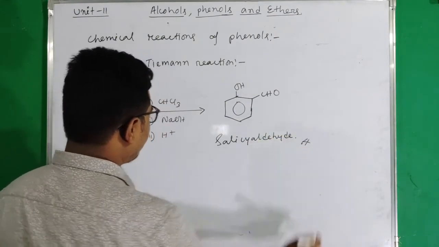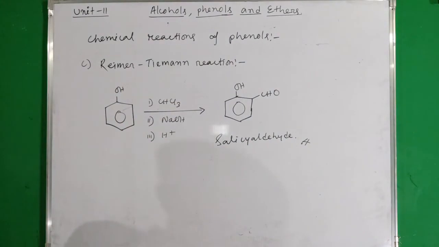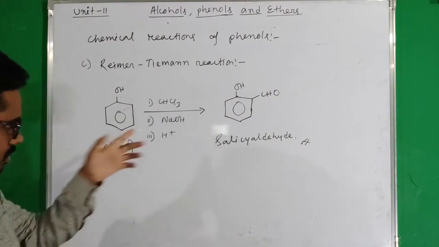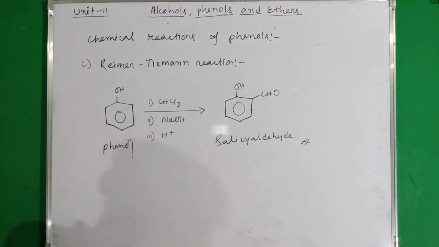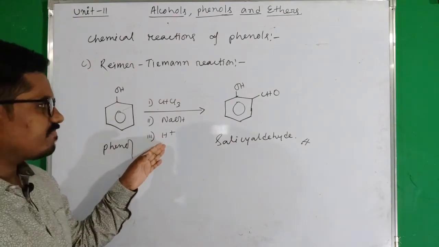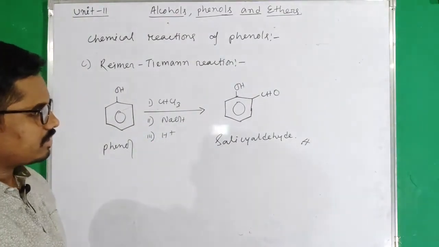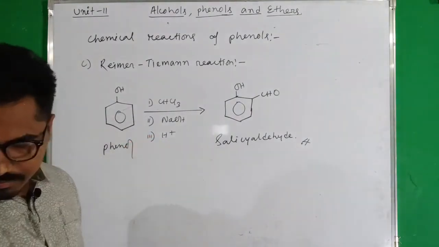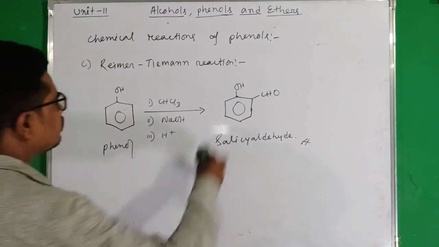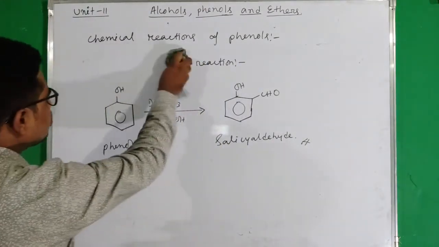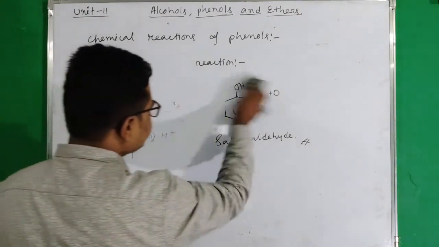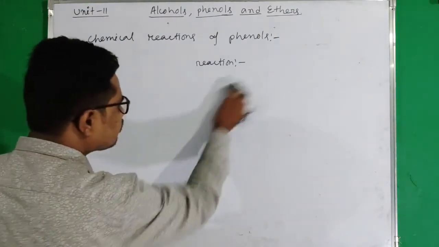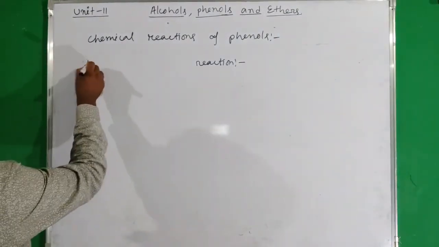Okay, one important name reaction which is always asked in exam. So when phenol is treated with chloroform in presence of sodium hydroxide, and after that acid hydrolysis, and then we will get salicylaldehyde. Okay, and this name reaction is known as Reimer-Tiemann reaction. And our next reaction is Kolbe's reaction, another important name reaction, that is Kolbe's reaction. Number D,